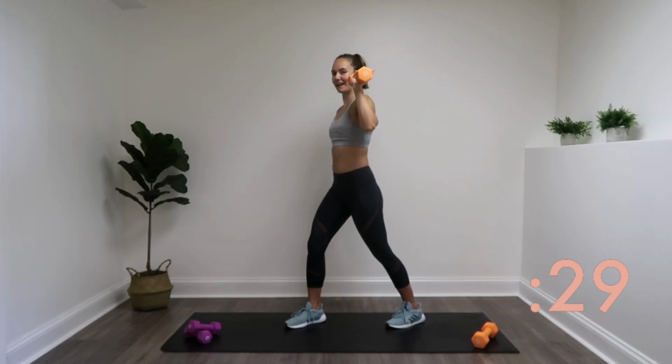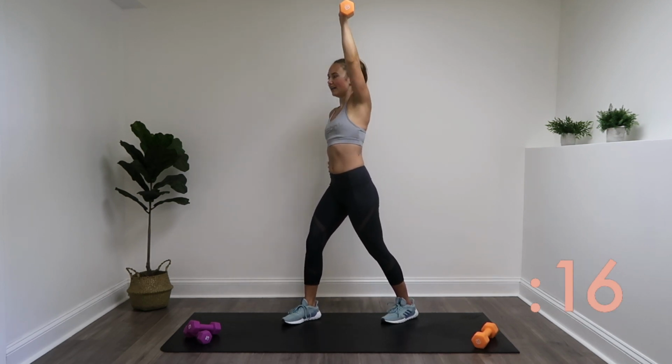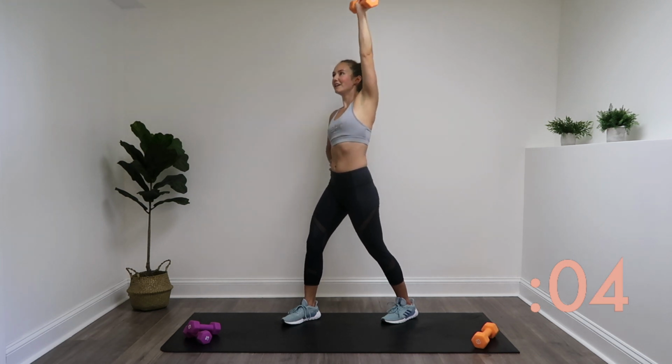Remember what I said about not letting that weight come lower than your shoulder. You want to keep that shoulder engaged that whole time. You're more than halfway through this interval. Keep up that hard work. It's going to pay off, I promise you. Few more reps. 3, 2,